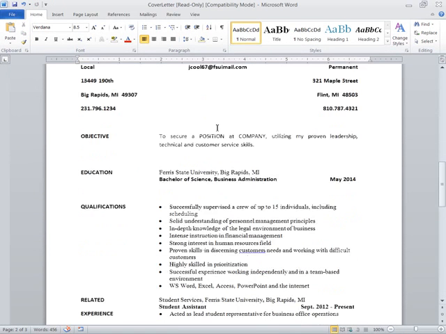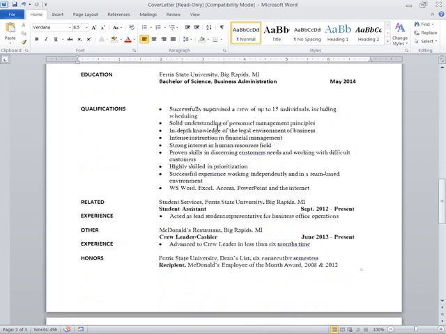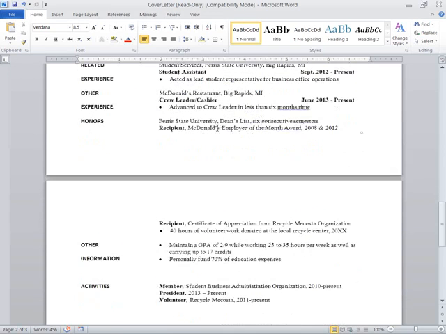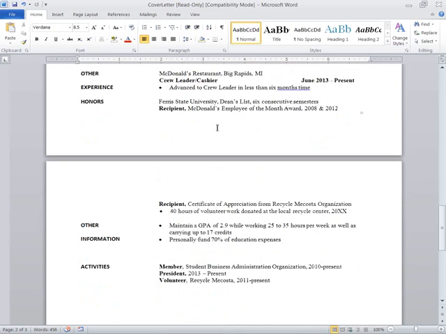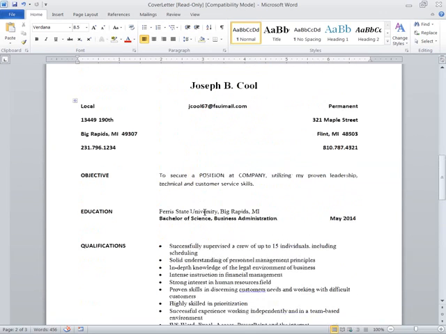Now, there is one problem with this resume that I didn't get corrected last time, and that is that it goes down onto the second page. Much preferable if you can make it on one page, or if you're making it a two-page resume, you should really fill out that second page, not have it short like this. So if I look at this, there's a couple of things I might be able to do. It's your resume, the way you want to lay it out. I don't have a big preference here, and even if it was left like this, you'd still get the same